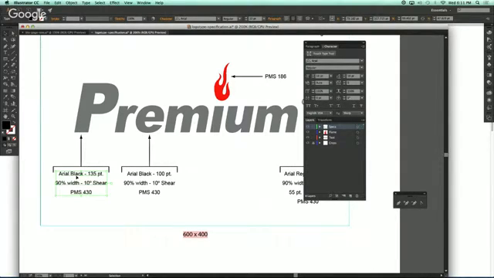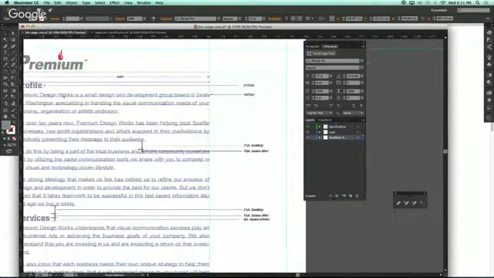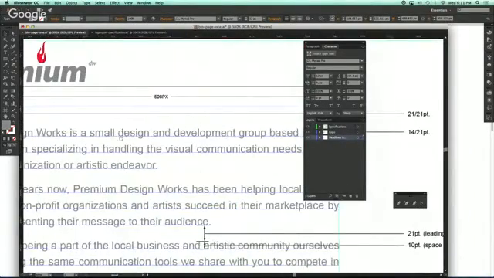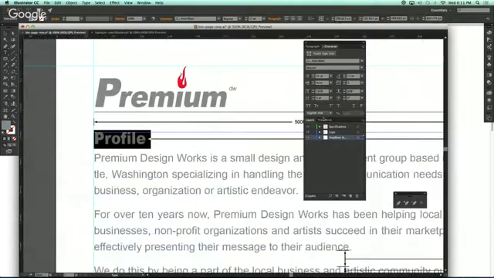But what is important is that if I need to recreate headlines or graphical type anywhere that needs to represent this logo, I may need to do something like, if I go here to this headline, I may say 90% width, right? Because that was what I did to the logo. I could go even a step further. Now there's no italic version of Arial black, right? So that's where